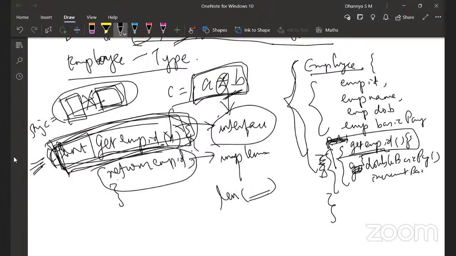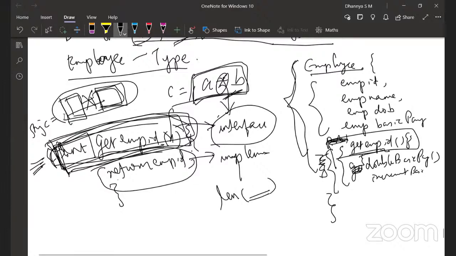The interface is generally known to whoever has to use it, whereas the implementation details are hidden. This is the abstraction that happens. You are abstracting out the unnecessary details and only exposing what is needed. In Java specifically, this is very important because there are so many built-in classes and packages which you can just use without knowing anything about what is happening inside. Okay, so this is clear.